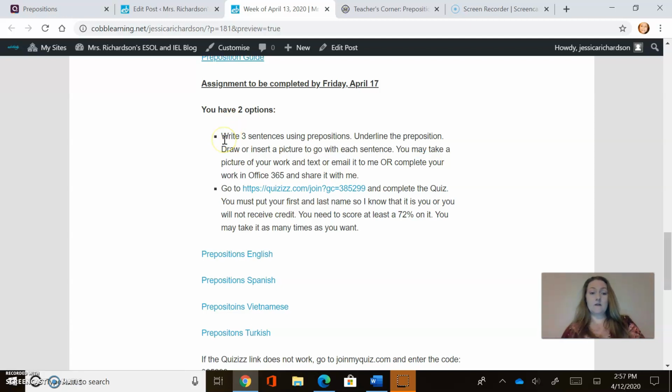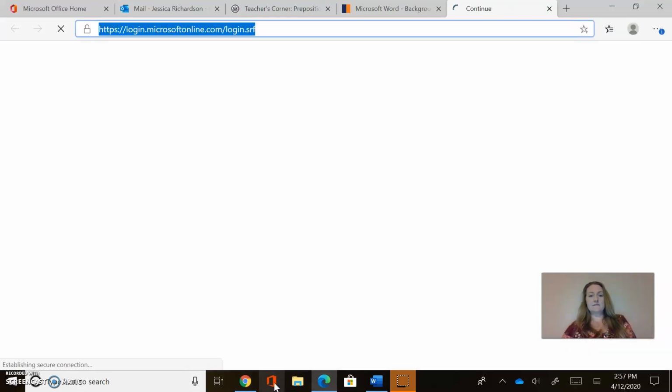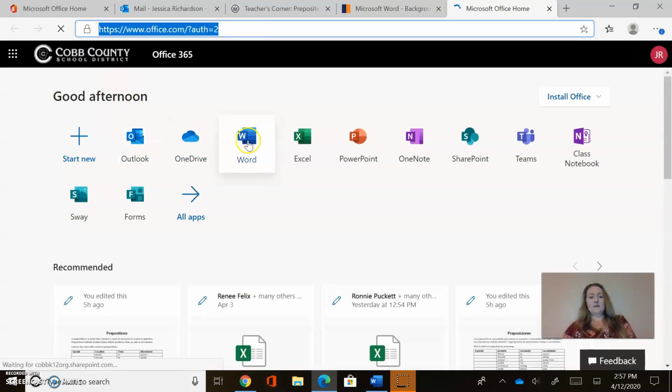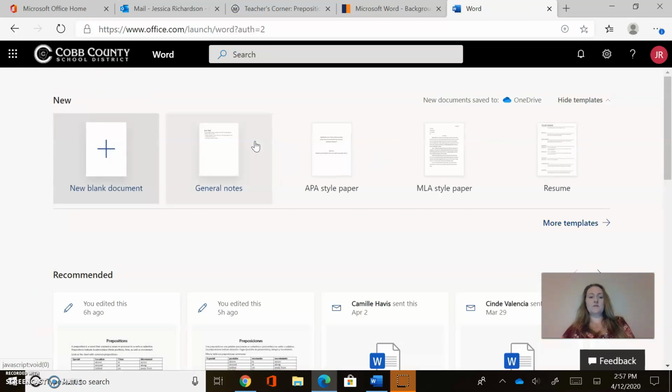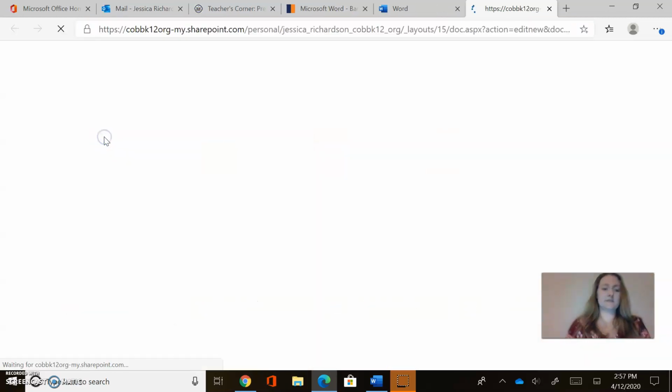You can either write 3 sentences using prepositions, underline the preposition, draw or insert a picture to go with each sentence. You may take a picture of your work and text or email it to me, or complete your work in Office 365 and share it with me. What I mean by that is that you can go into your Office 365, like I have here, and you're going to have Word. You can go into Word, click blank document,